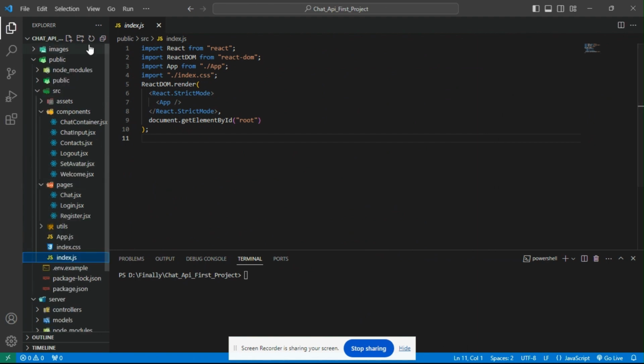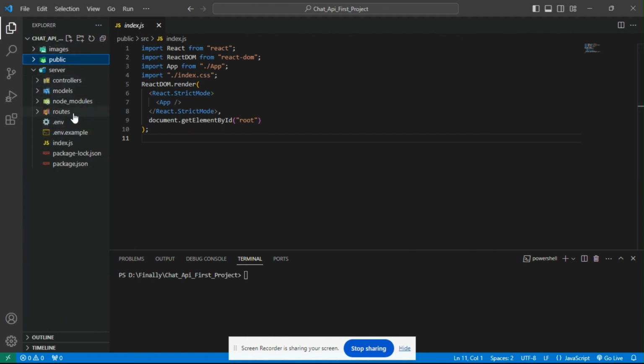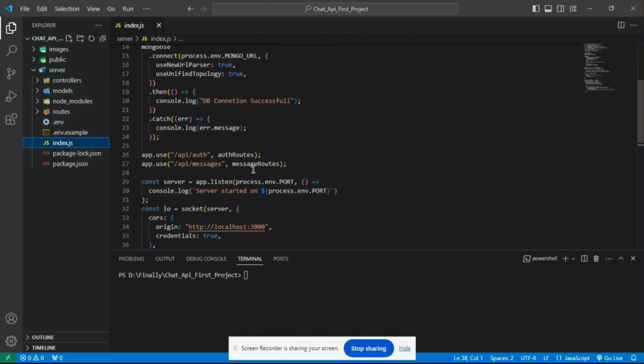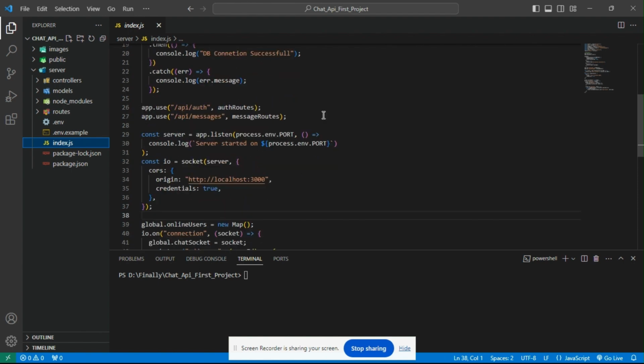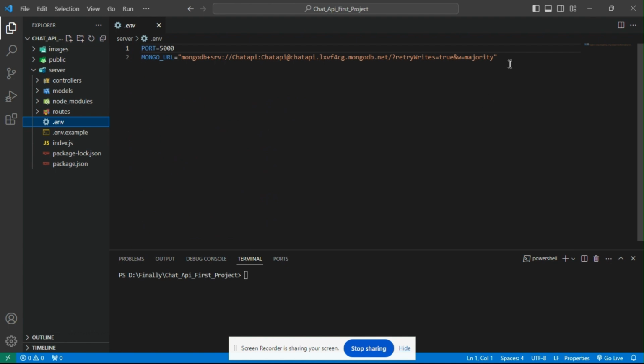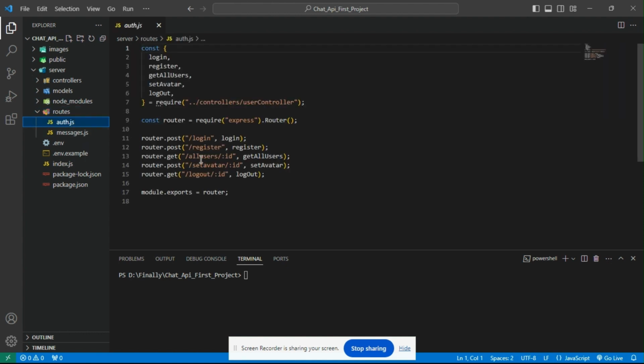And now come to the server. For the server, we created routes, models, and controllers. First, here we use middleware, connect the server, and also use the APIs. In the .env file, here is our MongoDB URL, and here I define the port. First we define the routes. We created routes for login, register, and all users. I created 5 routes,